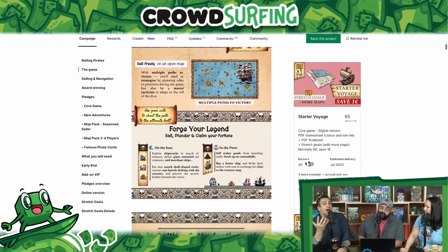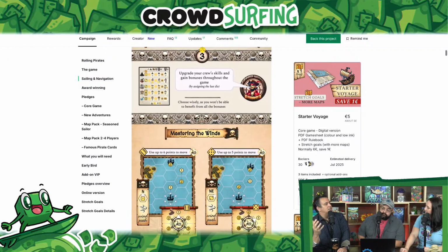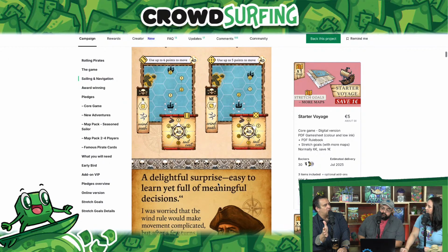I like that variability. I also like when pirate games and any types of games like this take the wind into account. Like when you go into the wind, it's harder than going with it. I think that really adds some variety to the games, you know? It was a little weird, though, and this one has that you roll 3 dice,